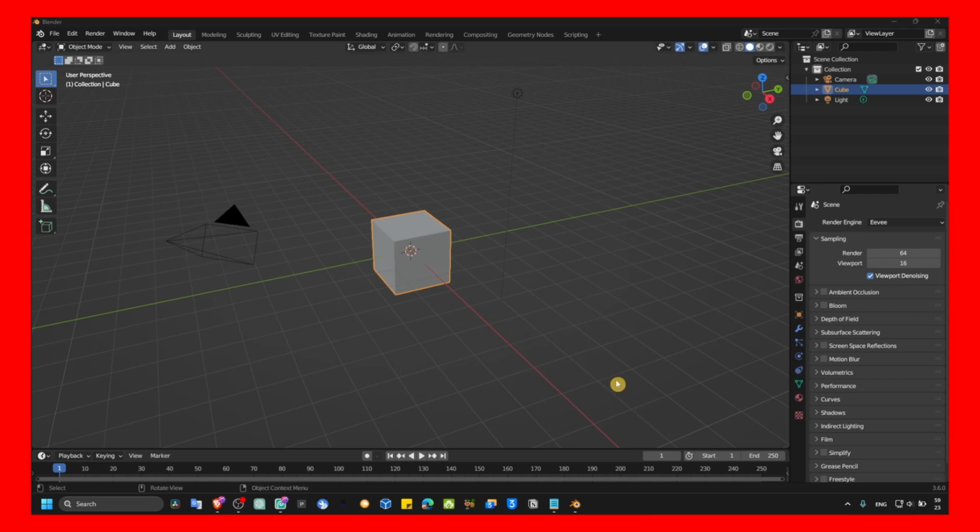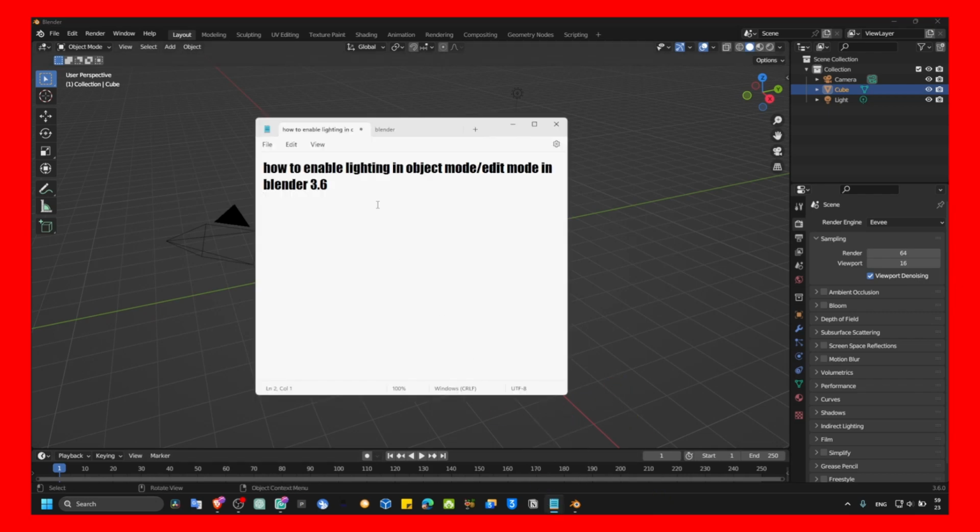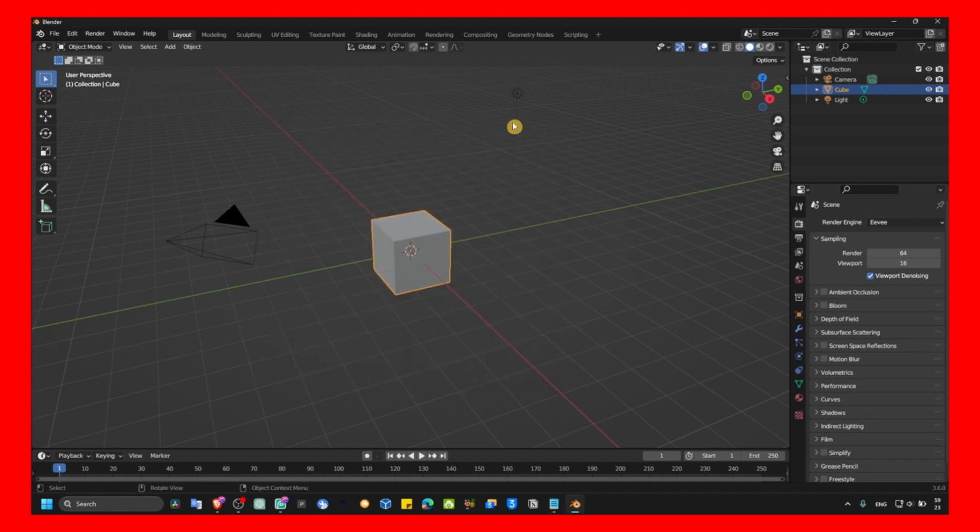In this tutorial, I'm going to show you how you can enable lighting in object mode and edit mode in Blender. So if you go here to